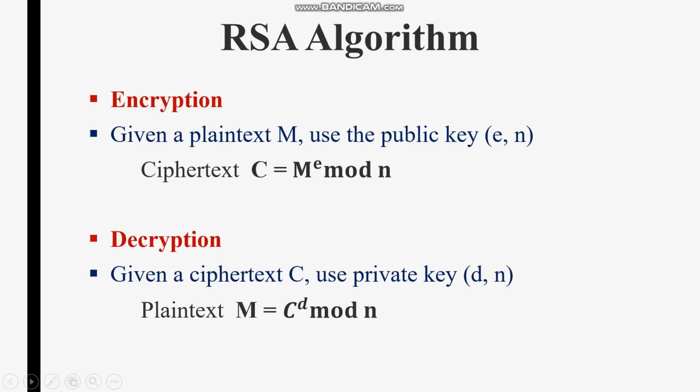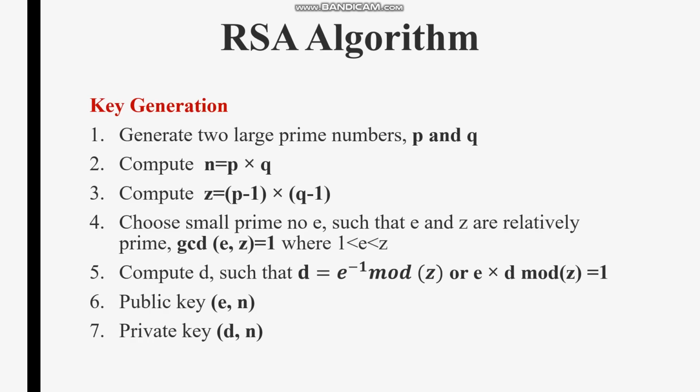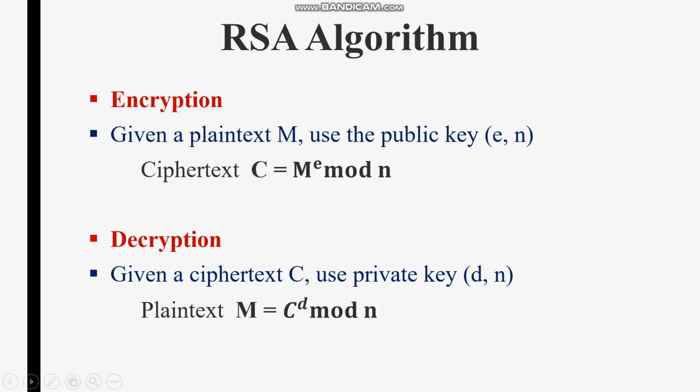So C is the ciphertext, D and N are the private key. Once we perform C raised to D mod N, we obtain the plain text. So this is how encryption and decryption is done in RSA. There are three major steps: key generation, encryption and decryption. In key generation, we generate two keys, the public key and private key. Then once you know the message that has to be transmitted, you convert it into ciphertext using the public key, and then use the private key to decrypt and restore the original plain text.